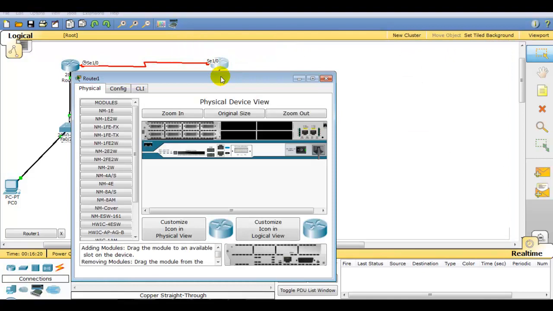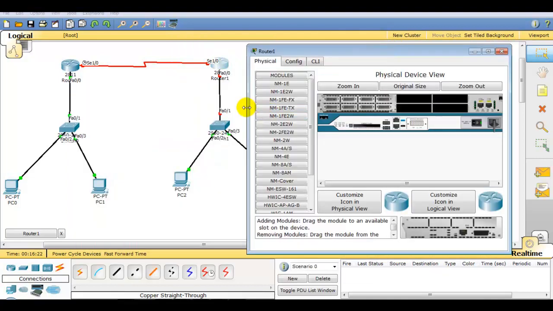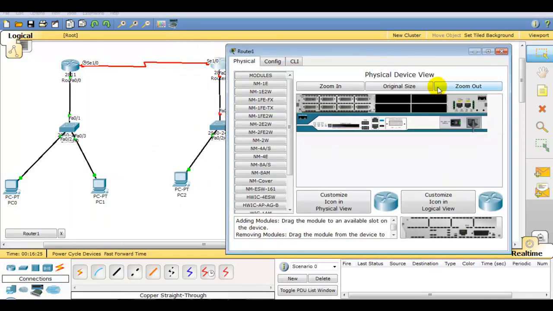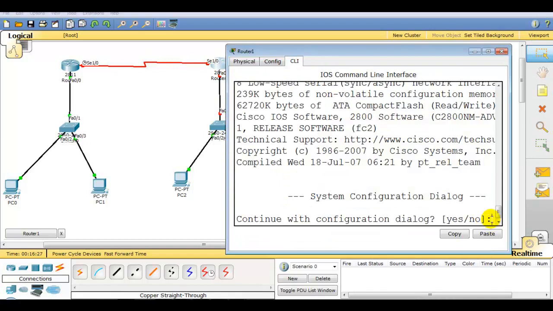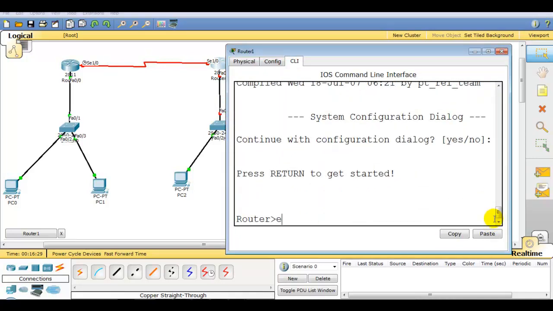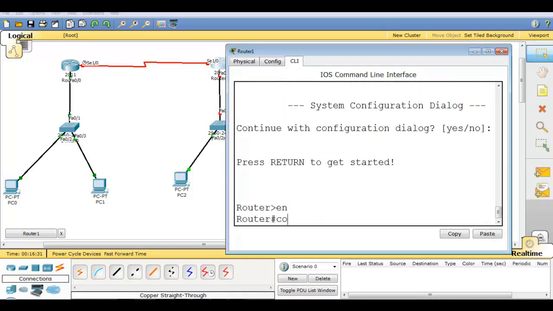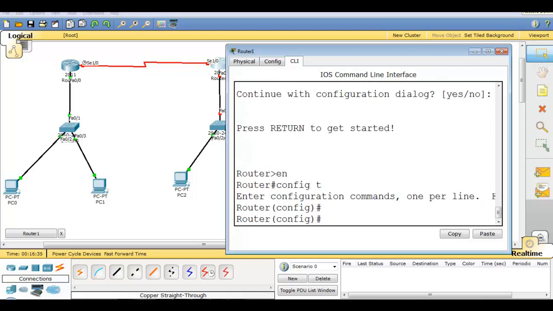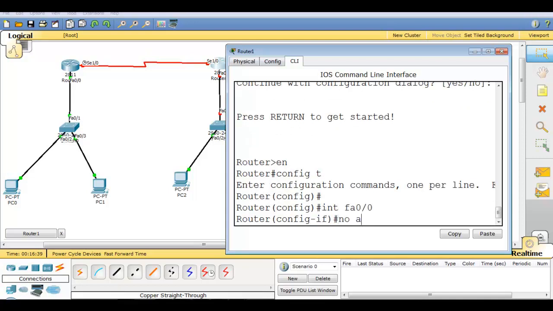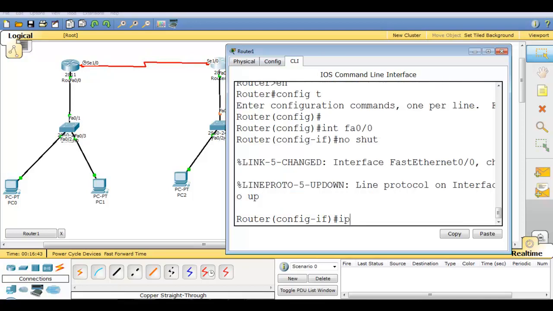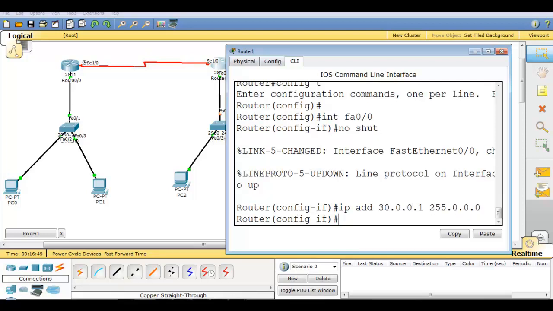Now router number 2. Interface FA0/0, no shut, IP address 30.0.0.1, 255.0.0.0.